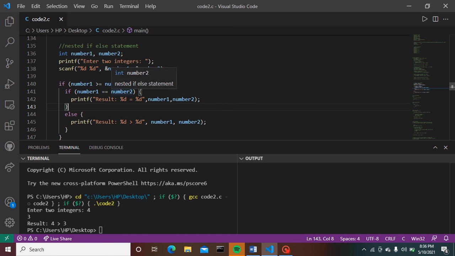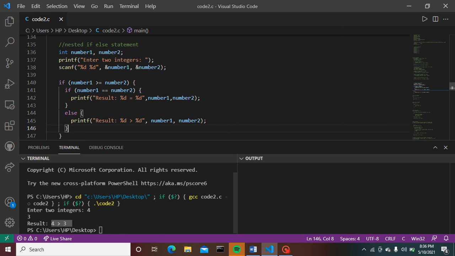That is, if number 1 is 4 and number 2 is 4, then 4 is equal to 4 is given out while using the nested if statement. And if this if statement goes false, then the else statement, that is 4 is greater than 3, is given as an output.